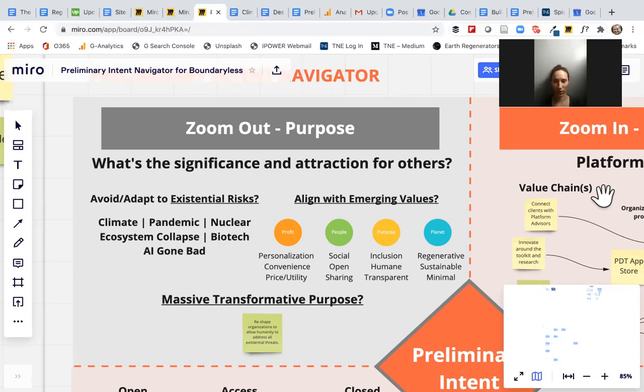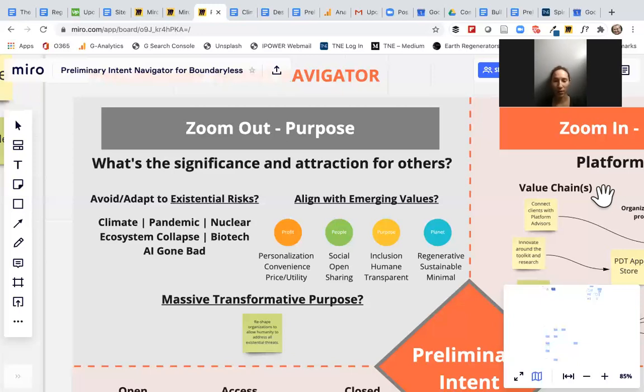So what we did in this quadrant is we pulled in some things that people may or may not be aware of, but on the left is what you might want to do, as a strategist or somebody going through the tool, to avoid or help adapt to existential risks. We listed out some of the major existential risks that we have today that I think humans have the ability to influence how it turns out. And it's linked in the underlying text to where we pulled these from.